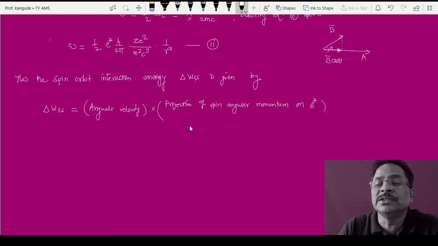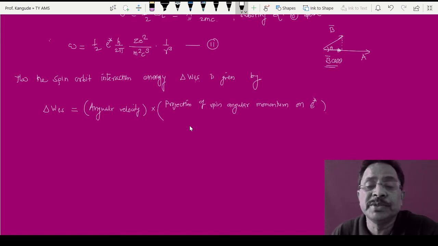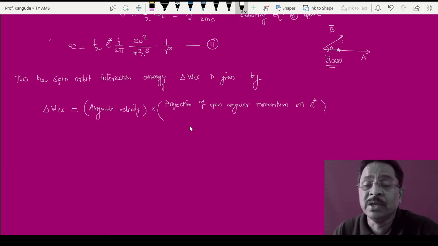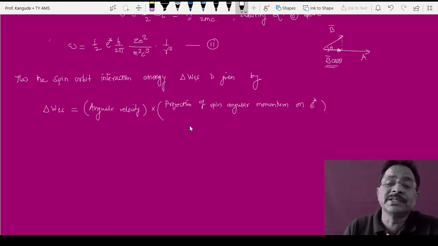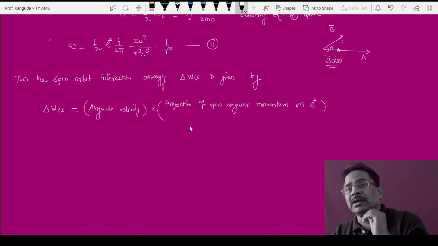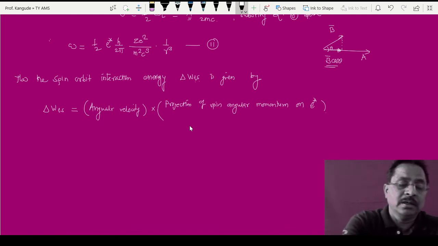Okay, this is theta. Now this concept I am using here, I am taking the projection of spin angular momentum S star over this L star. That's what I am getting, L star into S star multiplied by cos theta, while taking the angle between this L bar star and S bar star is, okay, just a minute.